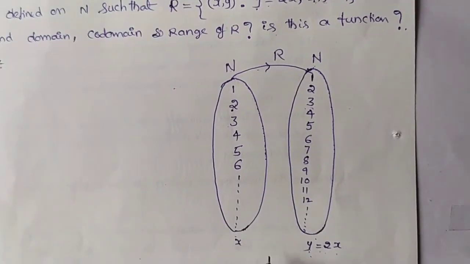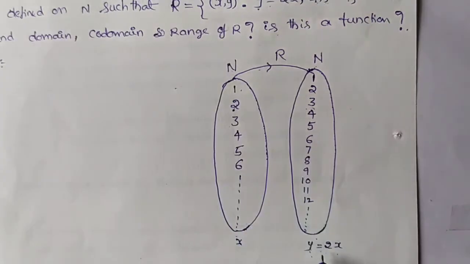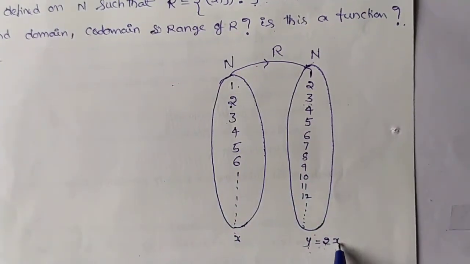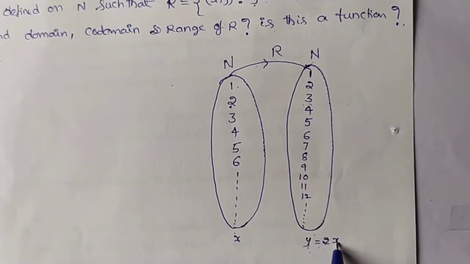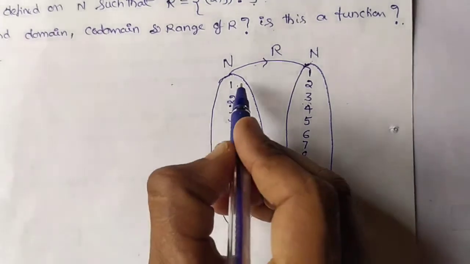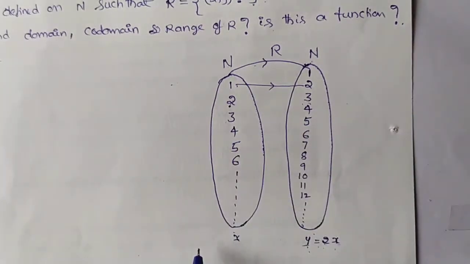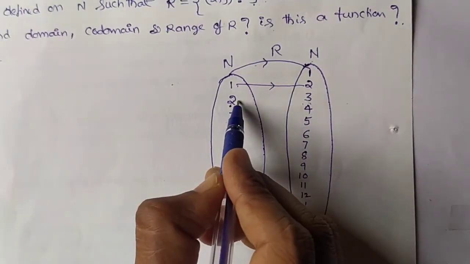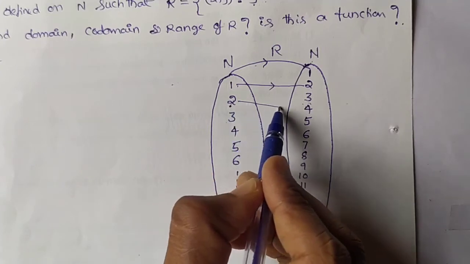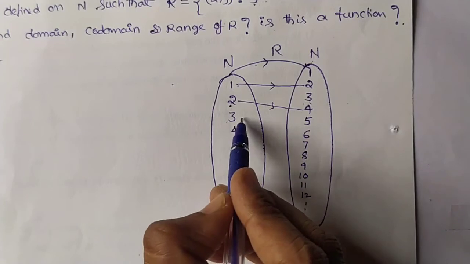Now, if x is 1, then y equals what? You just put 1 in place of x. If x equals 1, then y equals 2, right? 2 times x. If x equals 2, y equals 4, 2 twos are 4, right? Next, if x equals 3,